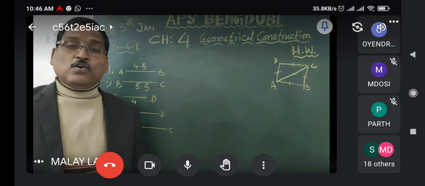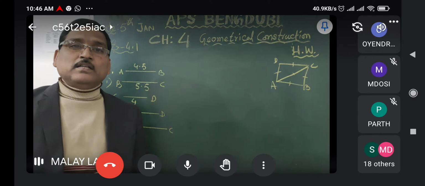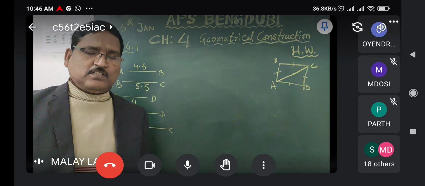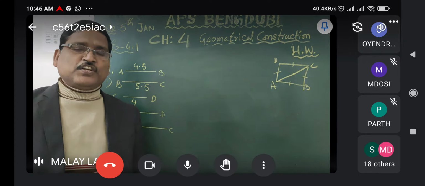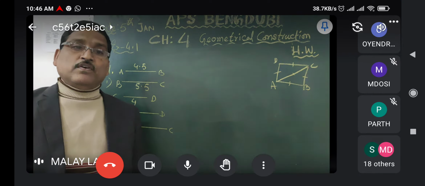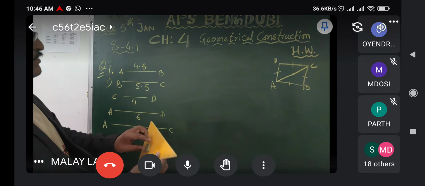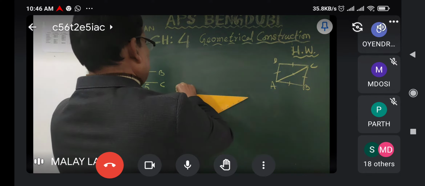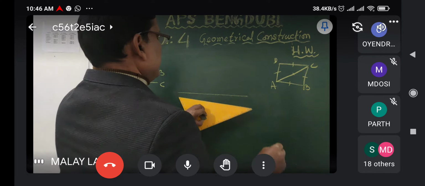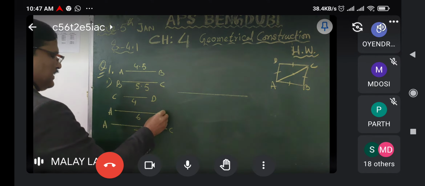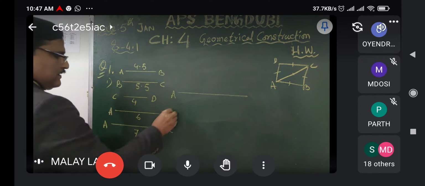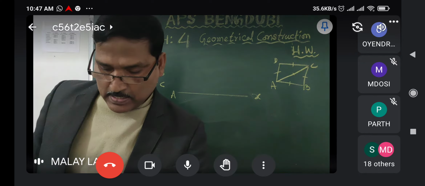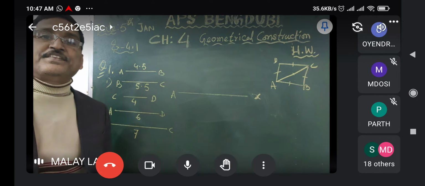I told you to draw the quadrilateral, your work will start from diagonal. That will be the best way. You can do some other tricks also, no problem. But my suggestion is that you start your work from diagonal. Okay. Now look. First of all, I will draw a big line segment which is greater than given line segments. This is my big line segment, say AX. Now with the help of compass and ruler, you have to complete the figure.